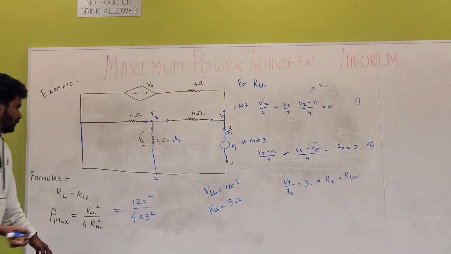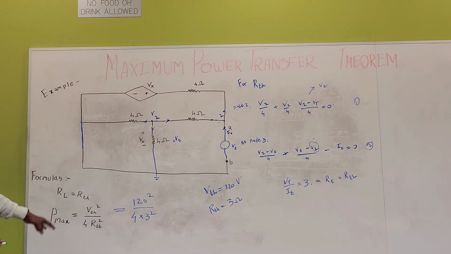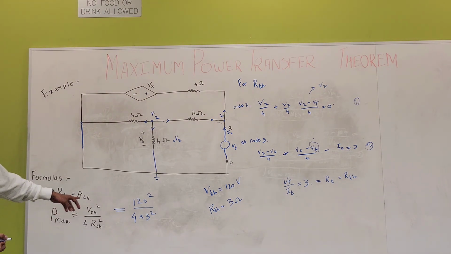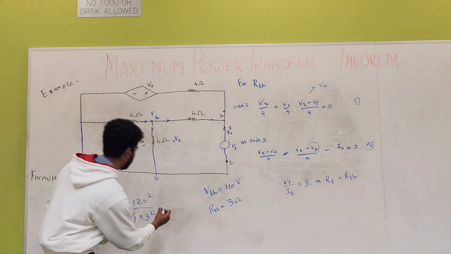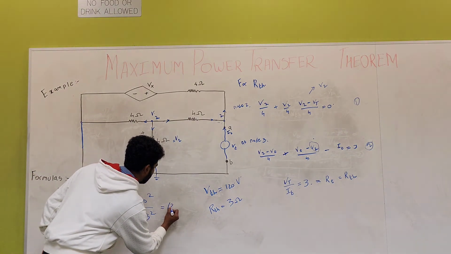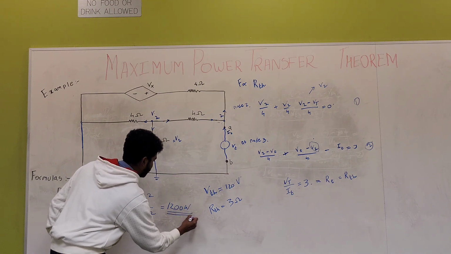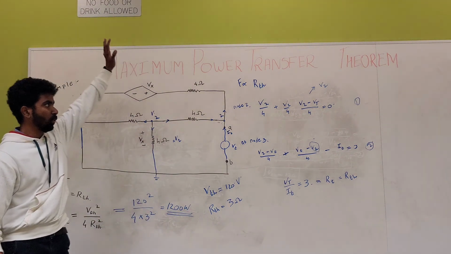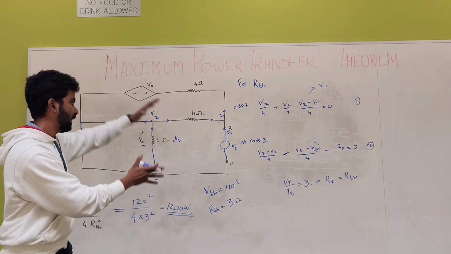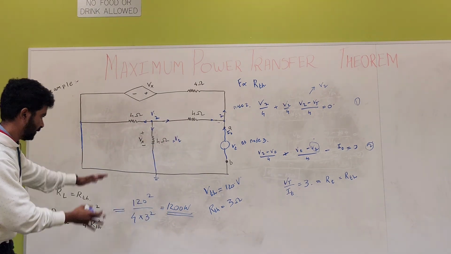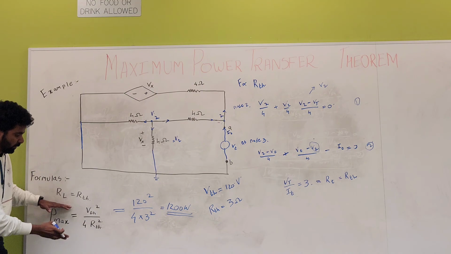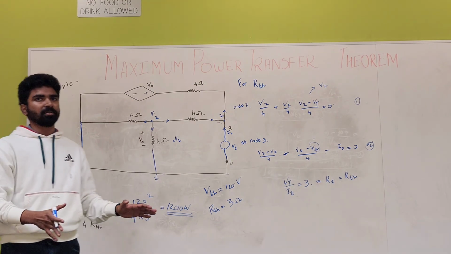So 120 square upon 4 times 3 square will give me something around 1200 watts. So it's just the whole Thevenin theorem which we had, substituted using the equation to get maximum power. That's it from